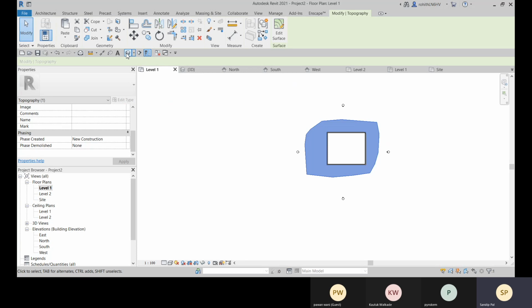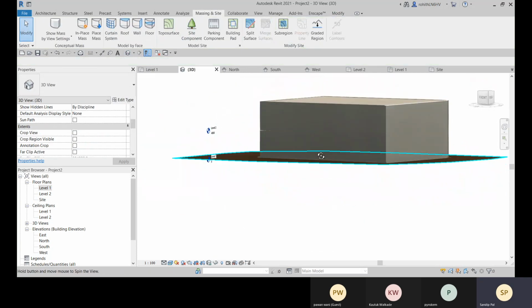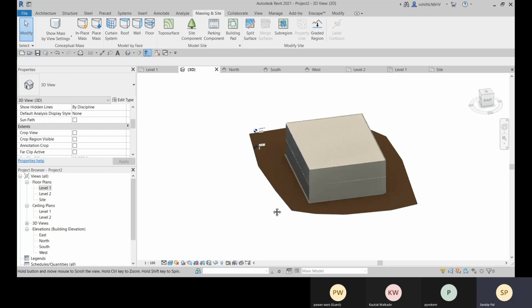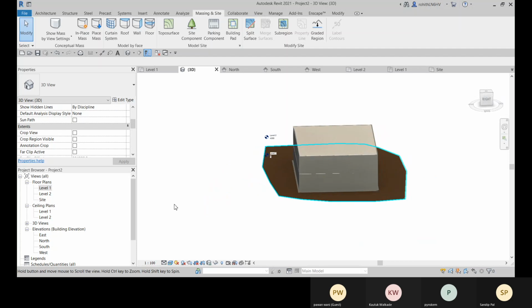You can check in 3D. That is placed at level 1. Okay, so that is all for today.